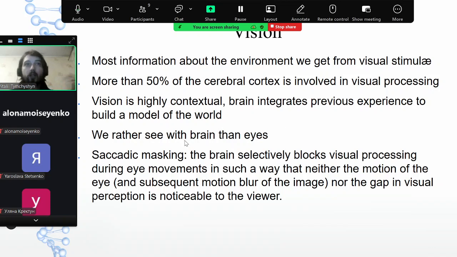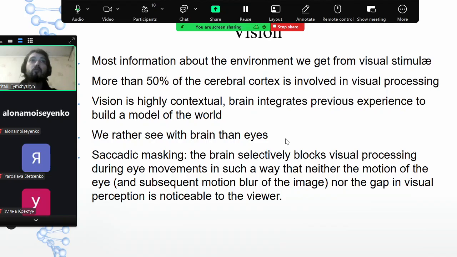Another take along these lines is that we see with our brain rather than our eyes. There is a lot of processing in our brain, and in some sense the brain even makes certain predictions of the future. People are capable of performing certain movements that cannot be based on the image that they see right now. These movements should be based on some sort of future prediction, which takes into account all the time that we need for transferring signals and so on.